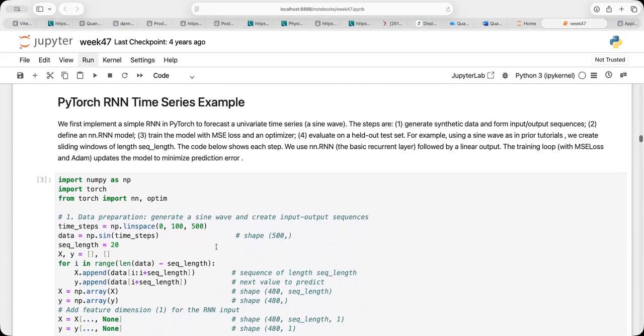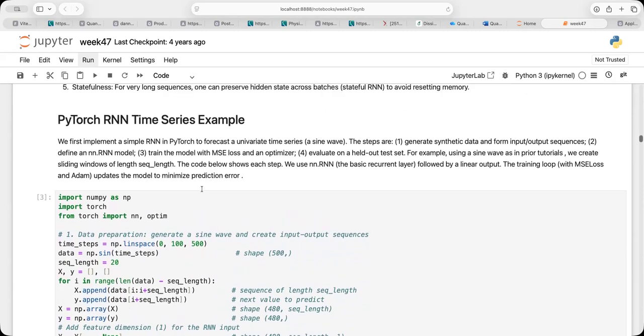Now, what I've done here is to include 2 examples which we discussed last week, where I'm simply producing a sine function. So I'm setting up a sine between 0 and 100, as you can see here. And I set up 500 values, and I'm going to use the first 80%, which means the first 400, as training data.